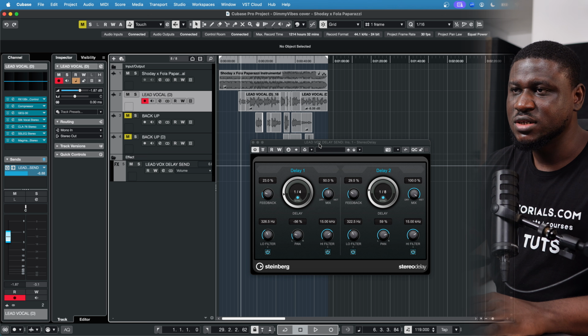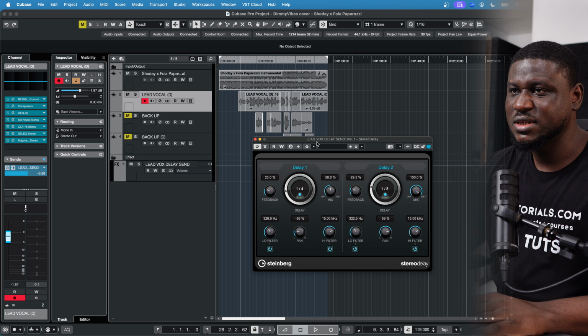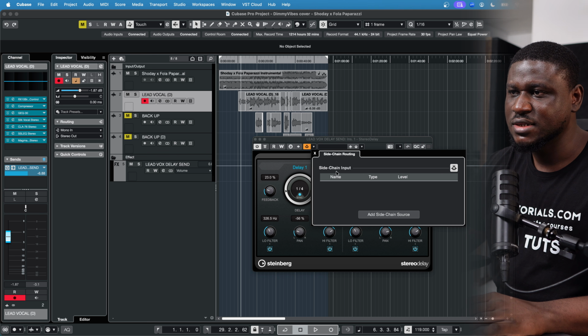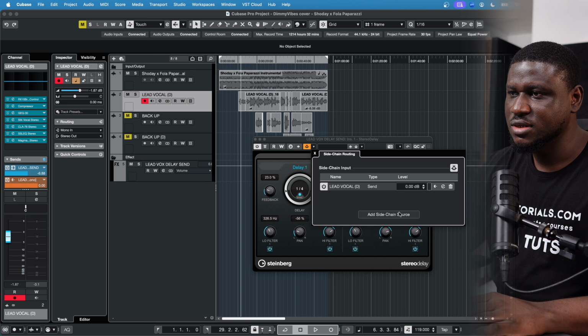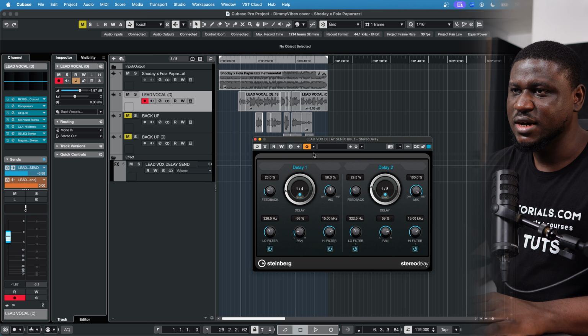Another reason why I like using the stock plugin for delay and reverb in Cubase is that I can easily just click the sidechain. When I click this, for example, you can see right here, activate sidechain, and I click this arrow and I can simply add the sidechain source. You can see my lead vocals, easy peasy, and it's done. So you can see it's active. So when I press play,